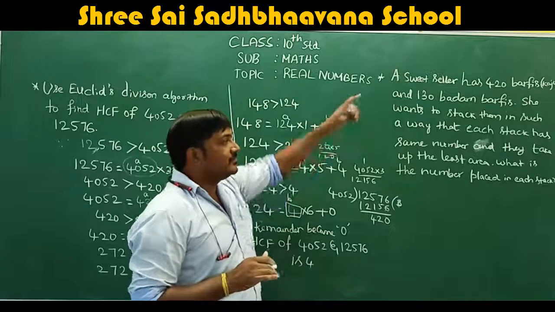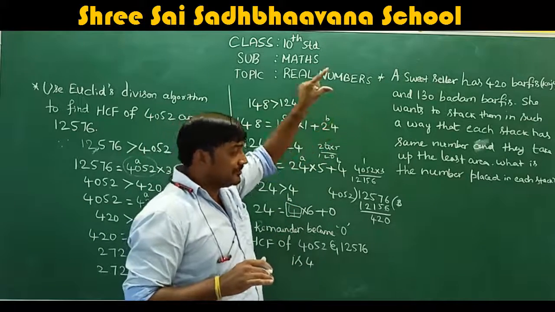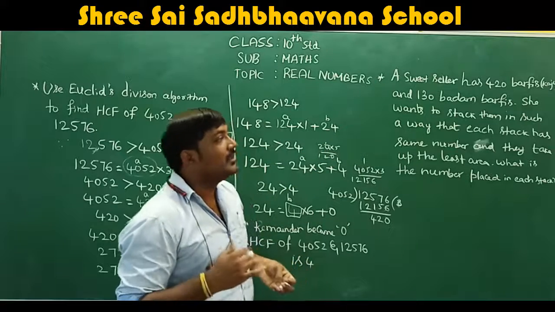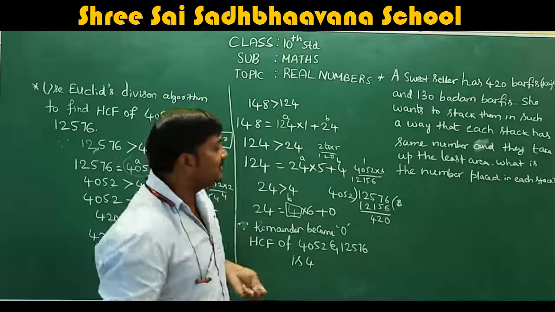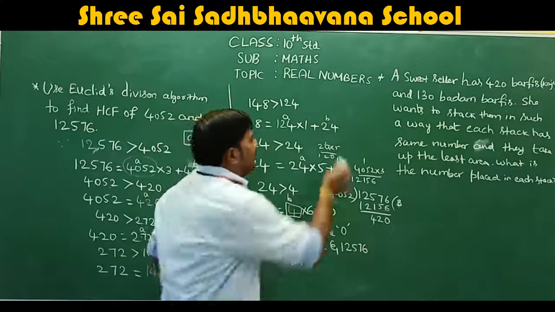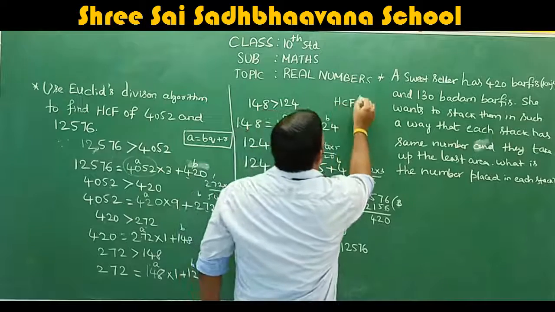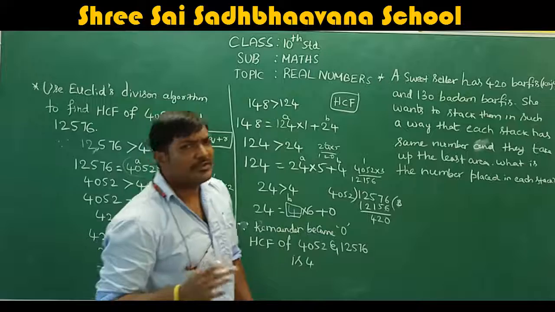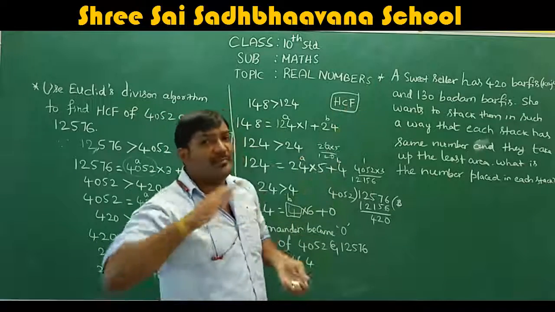Remember, for this sum, you will get the solution by taking HCF. Why? Because HCF will be there. What is HCF basically? HCF is the common factor. As I explained in the last class, it is the highest common factor, or it should be a common factor. So it means the factor is there on both, right?